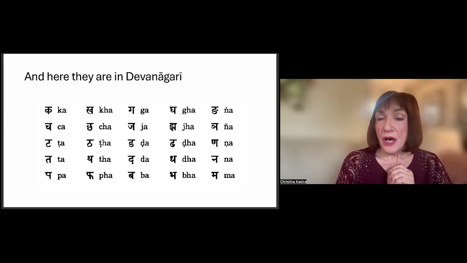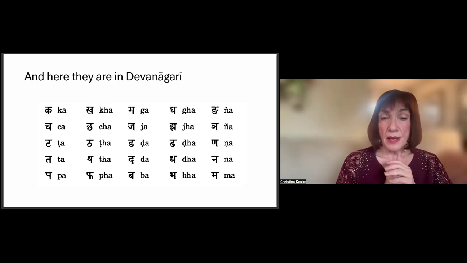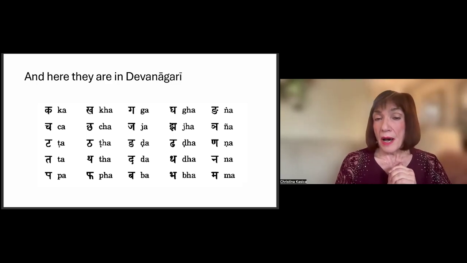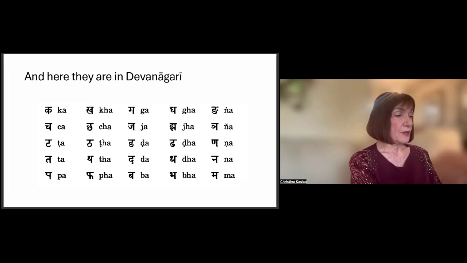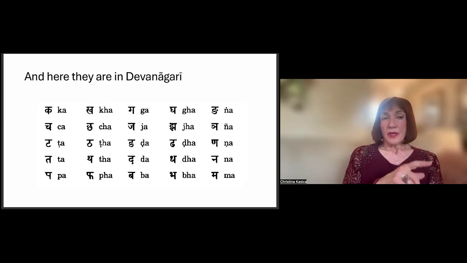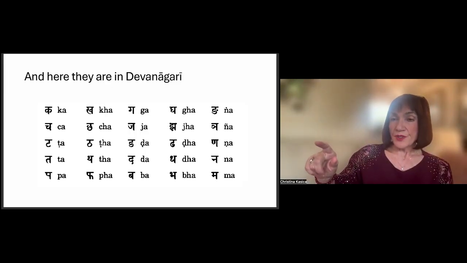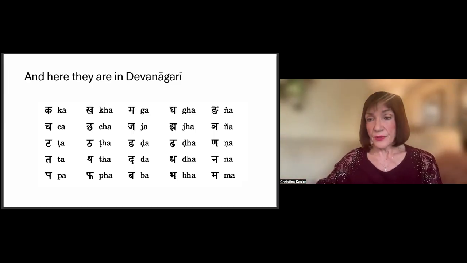Da. Da. Da. Ta. Na. Da. Na. pa, Pa. Ba. Pa. Ba. Pa. Ba. Ma. Ba. ma. Ma. Great. Okay. So one thing to notice, the line that goes across the top of all Devanagari letters is